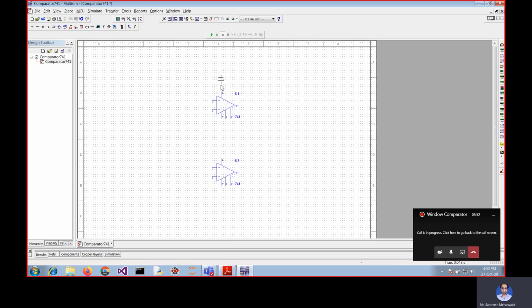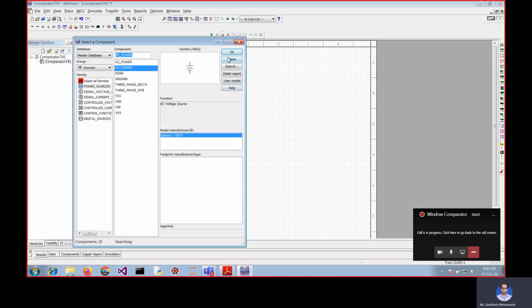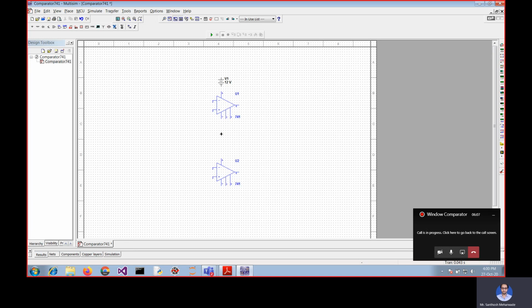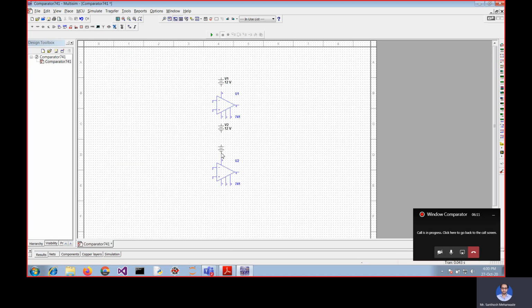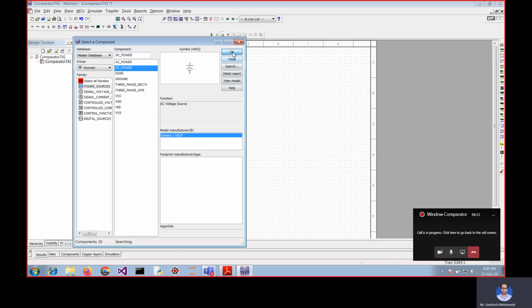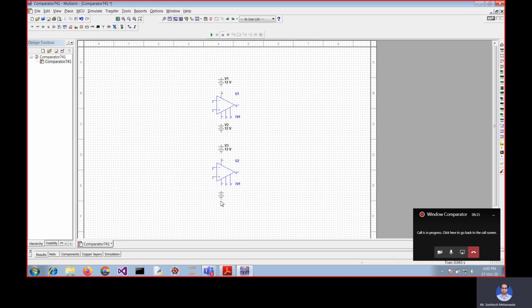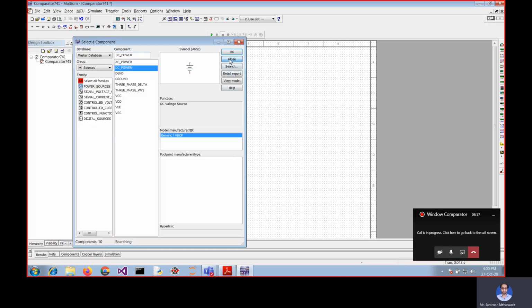As we know, our pin number 4 needs negative potential, so I'm going to keep it like this, and it is asking me for one more. So I'm going to keep that for pin number 7. Pin number 7 will be kept like this. I don't want further.